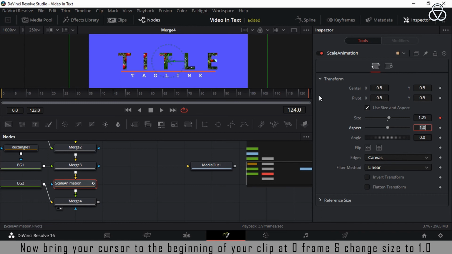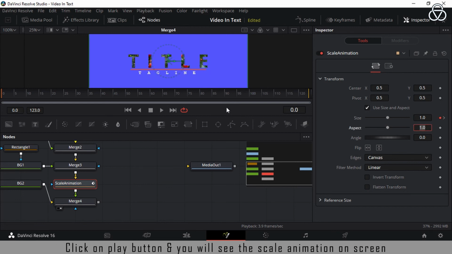Now bring your cursor to the beginning of your clip at 0 frame and change size to 1. And click on the play button and you will see the scale animation on screen.